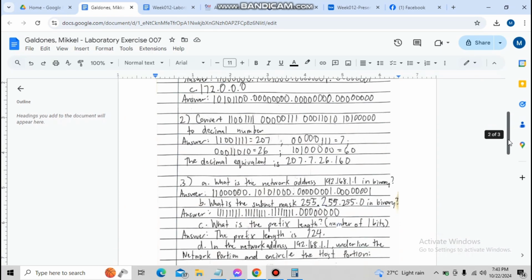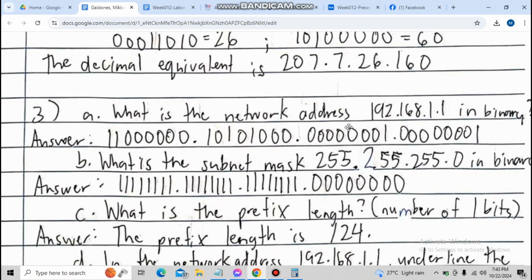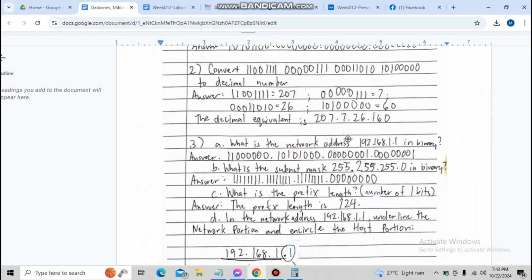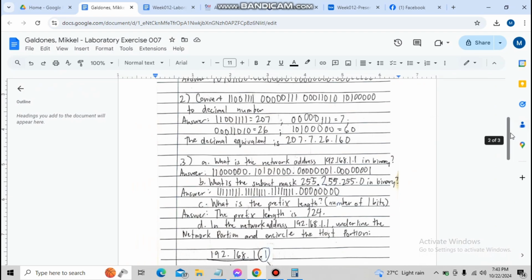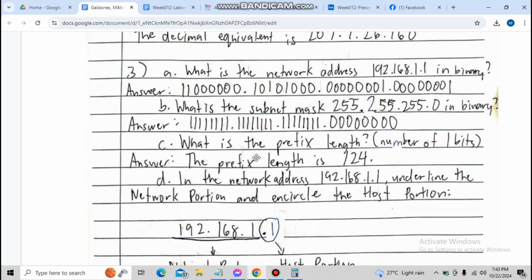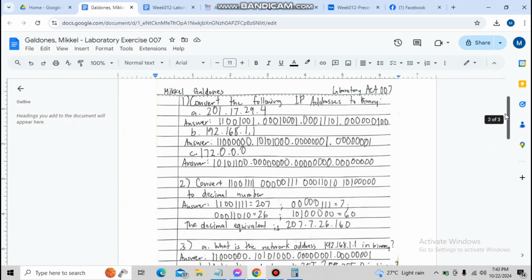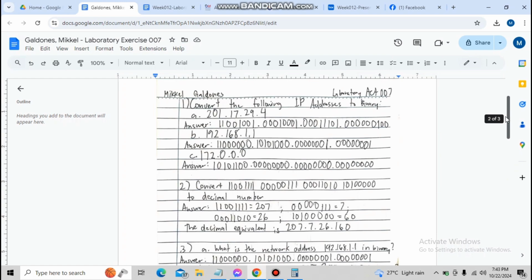So the decimal equivalent is 207.7.26.160. That is our IP address for our second item. So for the third item, there are 4 questions being asked. The first is, what is the network address 192.168.1.1 in binary? And obviously, the answer is what we came up with in item B of number 1, which